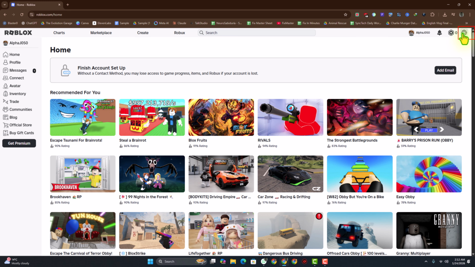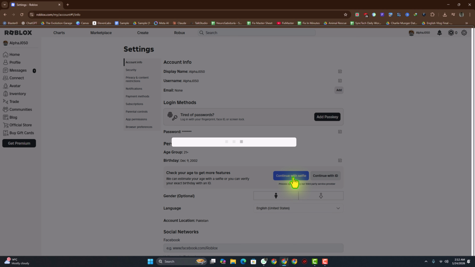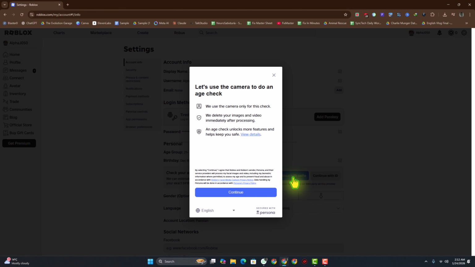Go to More or click the gear icon and go to Settings. Then go to Account Info. Look for the option that says Continue with Selfie. If you don't see the word selfie, then you probably see Continue. Tap or click that. If you have already done verification prior, you probably have voice chat and you just have